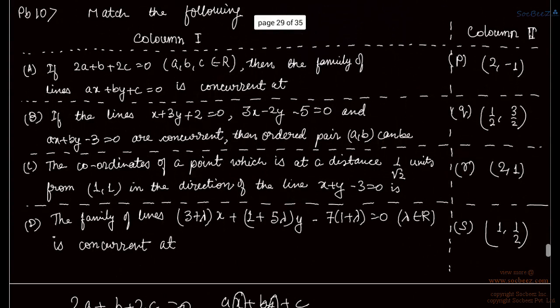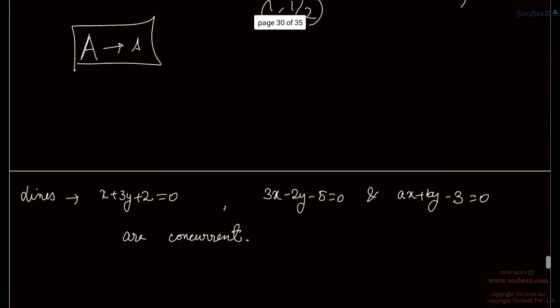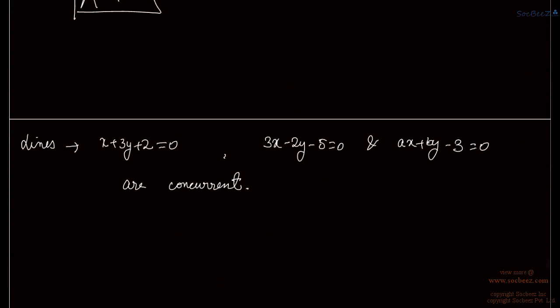In part B, if the lines x plus 3y plus 2 is equal to 0, 3x minus 2y minus 5 is equal to 0, and ax plus by minus 3 is equal to 0 are concurrent, the ordered pair AB can be. Okay. So here these three lines are concurrent. That means,